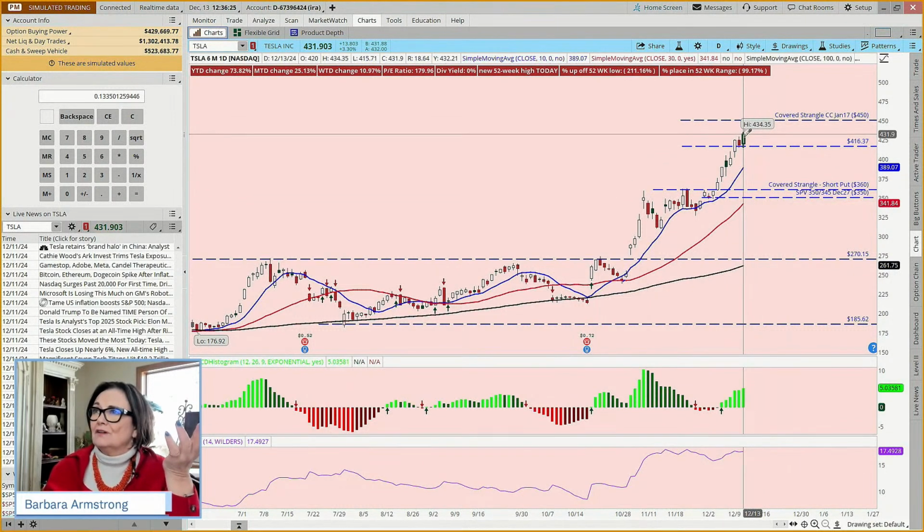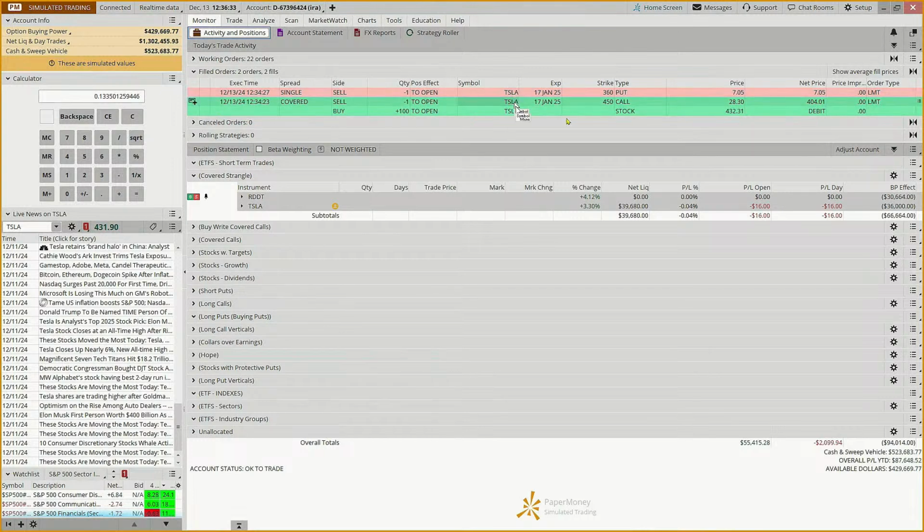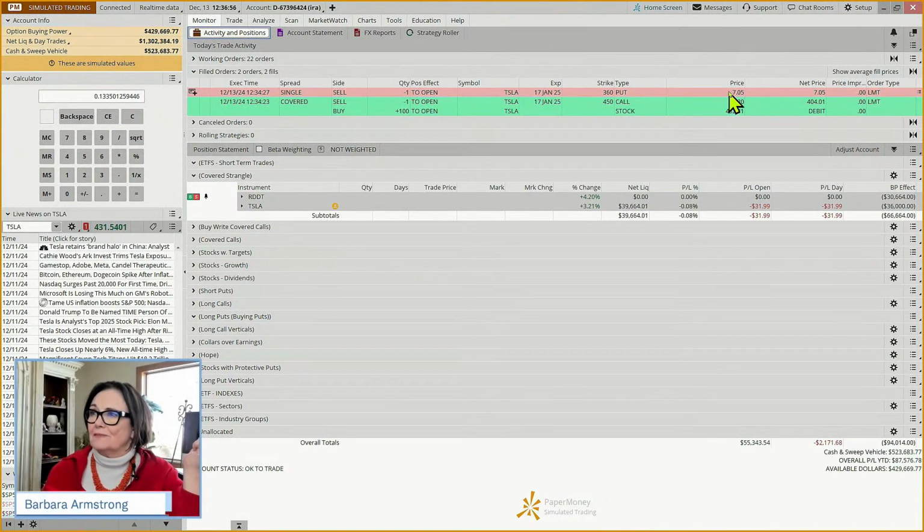But we paid $430 for the stock. So if we come and we look at this one has filled, we'd have been paid $28 for the call and $7 for the put. So we'd have $35 of easing of the pain, but we'd still be down on the trade. So this can help ease some of the pain if the stock pulls back, but it's not going to eradicate the potential loss. Now, Reddit, we're not in yet.